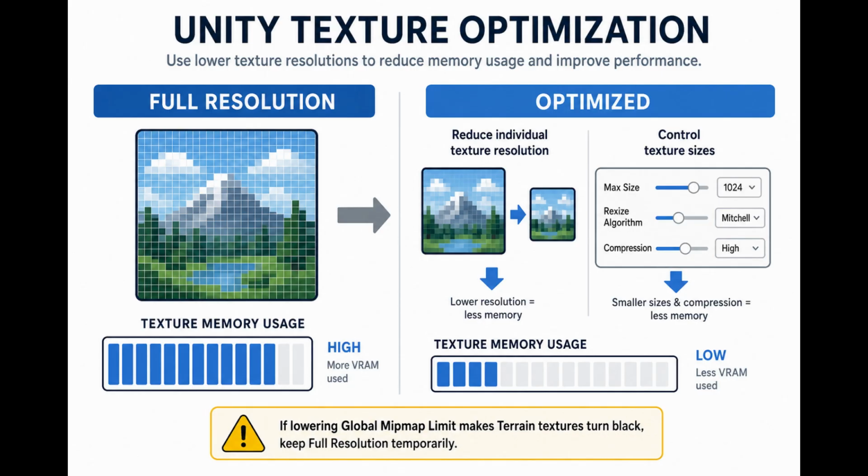Full resolution does use more texture memory, so it's not always the best setting for optimization. However, if lowering the global mipmap limit causes your terrain textures to turn black, keep it at full resolution. You can optimize the terrain later using other methods such as reducing the resolution of individual textures or controlling texture